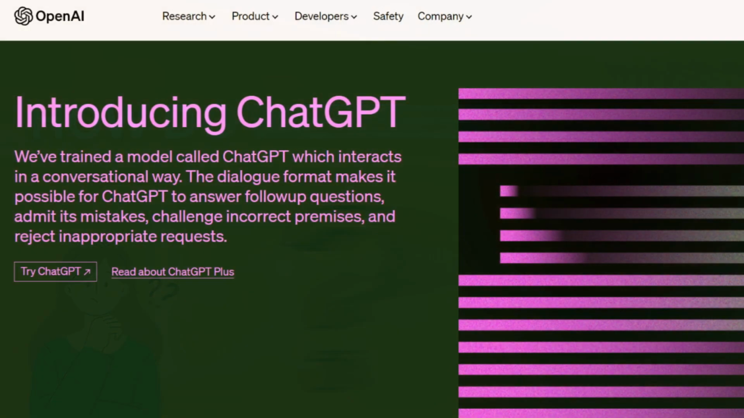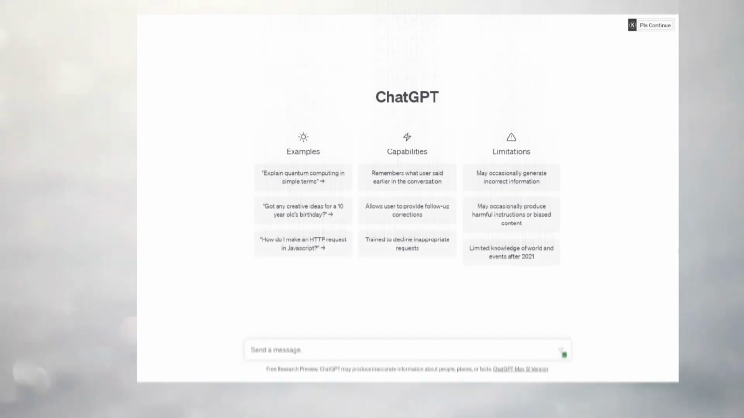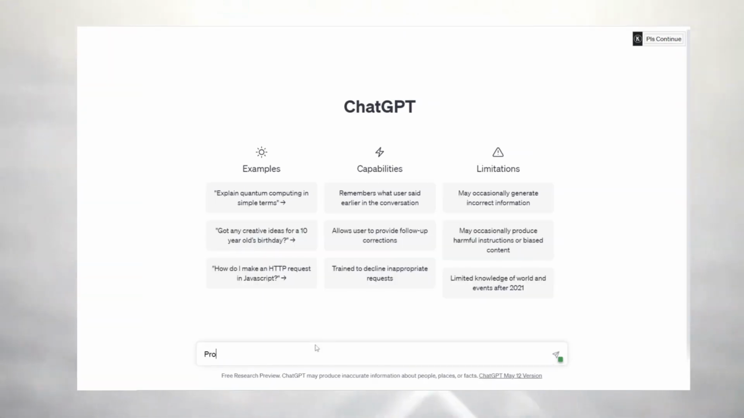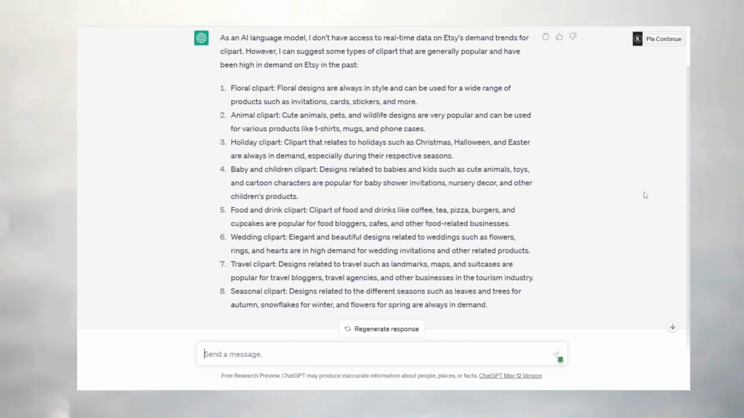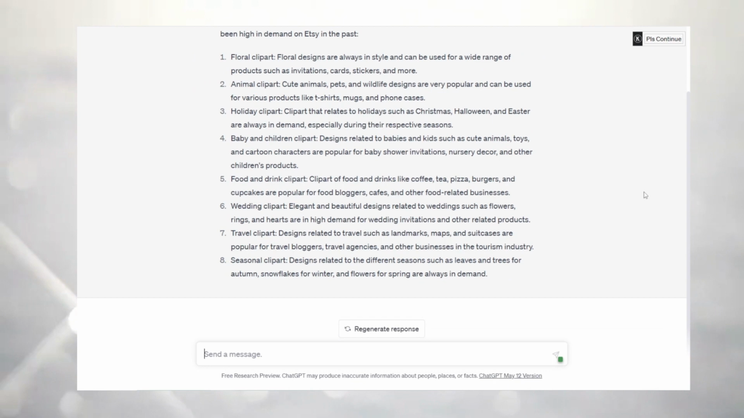The first step will be to use ChatGPT to brainstorm clip art themes. Guys, if you're not familiar with ChatGPT, let me give you a quick overview. It is a natural language processing tool powered by AI technology that allows you to have human-like conversations with the chatbot and answer all of your questions. For example, I will ask, provide me a list of 10 clip art themes that will be in high demand on Etsy. As you can see, it has provided us with all of the ideas,